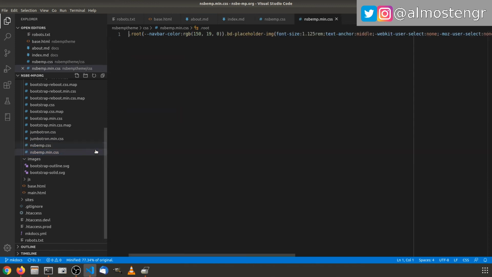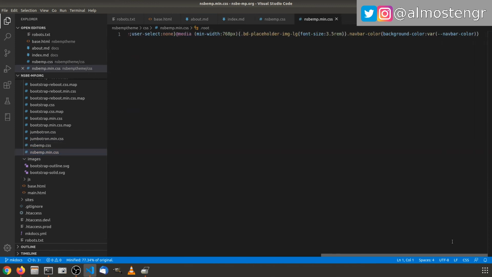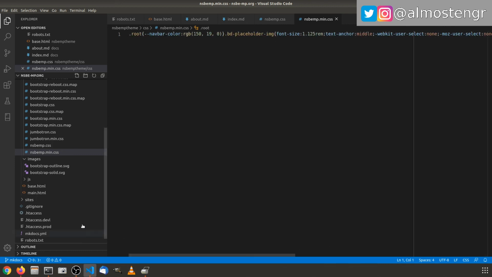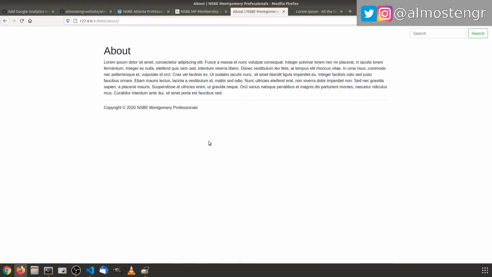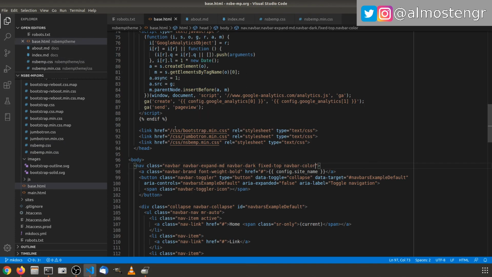So if I minify, I should have, yeah, so my navbar color is down there. And that should be working unless I somehow mess something up. Okay, so that should be good to go. Refresh. It is not. Okay, so let me comment this out for the second